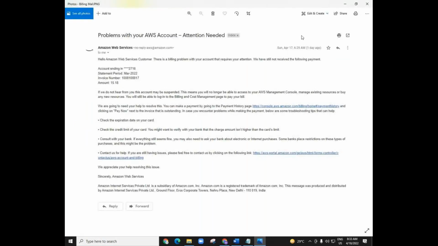See the date here, you can see clearly it is 1 day before. You can see that I got on Sunday. And how much bill I got here actually? 15.18 rupees. This is the bill I got. And they say you need to pay this bill. If you're not paying this bill, they can